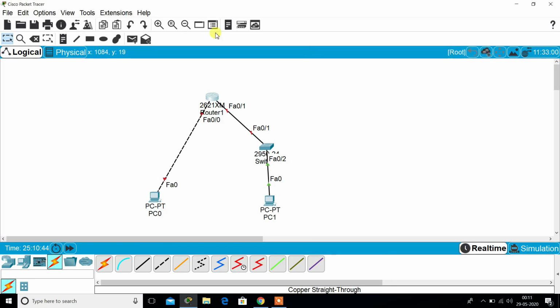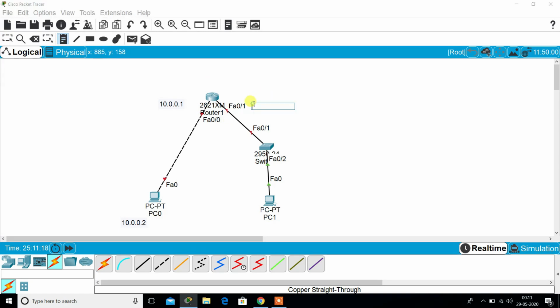Before giving an IP address, we should mention it here, as it will help to remember which IP address we have given. Suppose I want to give here 10.0.0.1. On this PC, I want to give the IP address 10.0.0.2.